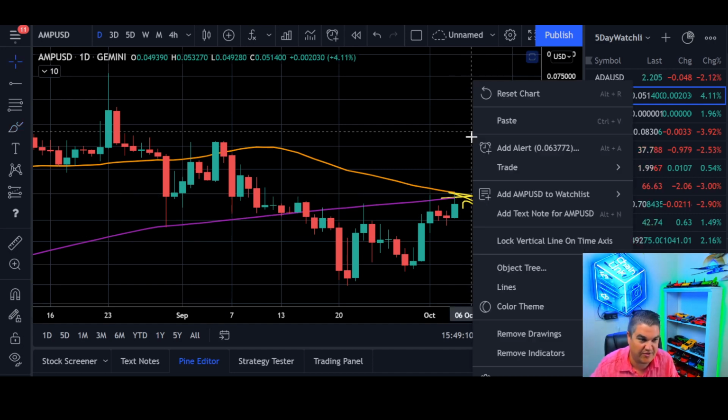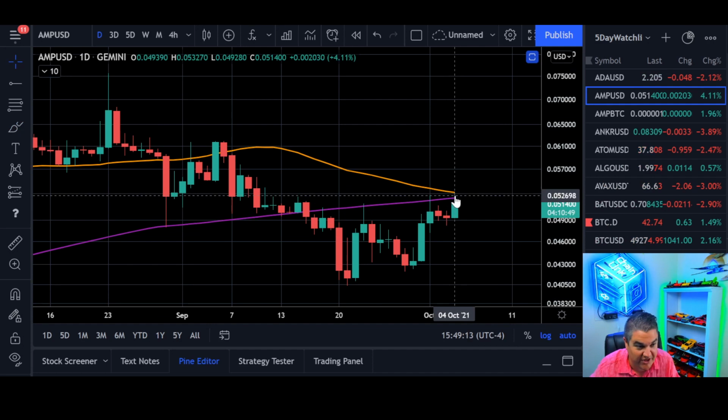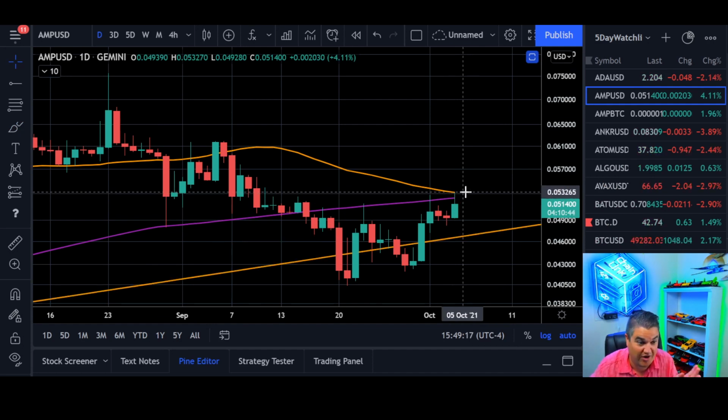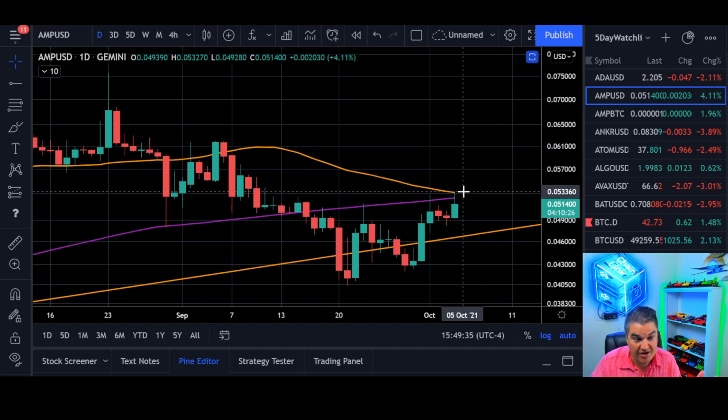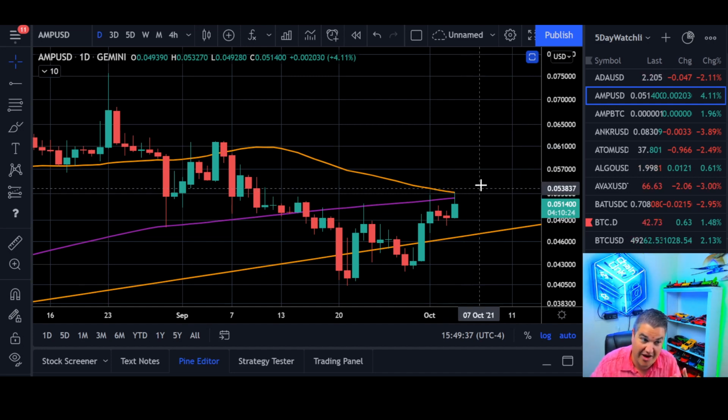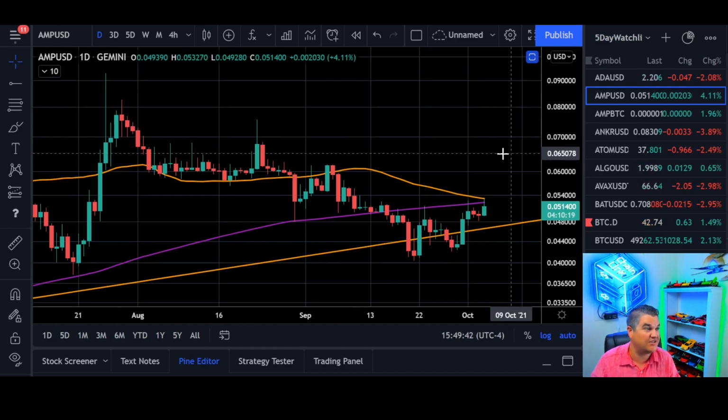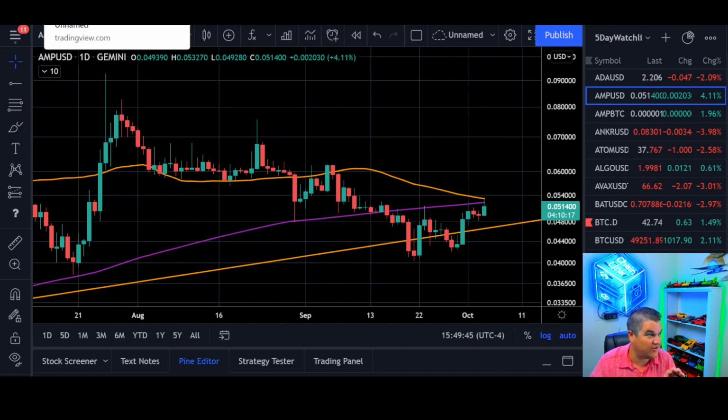So we have two scenarios. We're close to making that approach, aren't we? We're going to have to either get a bounce or a cross. I would say sometime in the next week or two at the most, depending on what the price does. So I would say this week we probably have either a death cross or a death cross avoidance with a bounce. So we will see. Watch the prices. You have to get above 5.3, and obviously the higher you go, the more likely a chance that you're going to avoid that death cross. So that is AMP daily.